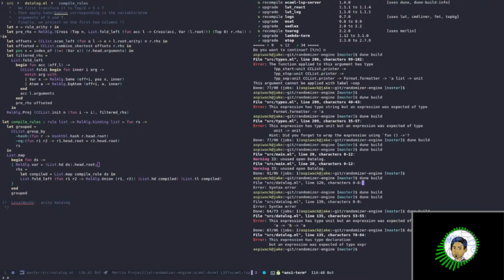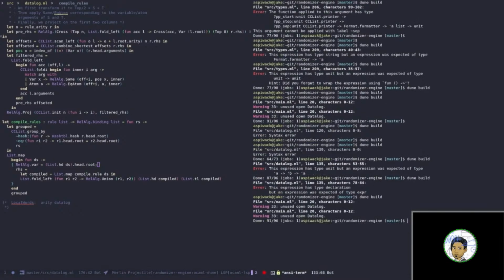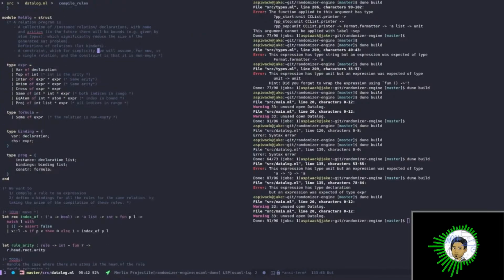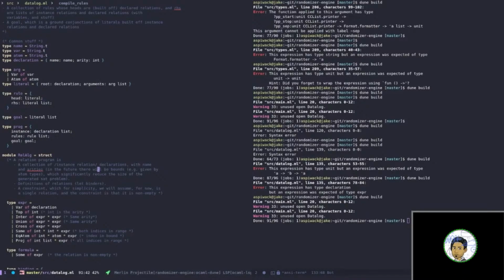Let's check that. We can build. That's exactly what we expect. That is good. What do I want to do with this? We also kind of want to compile the goal, and then we can get